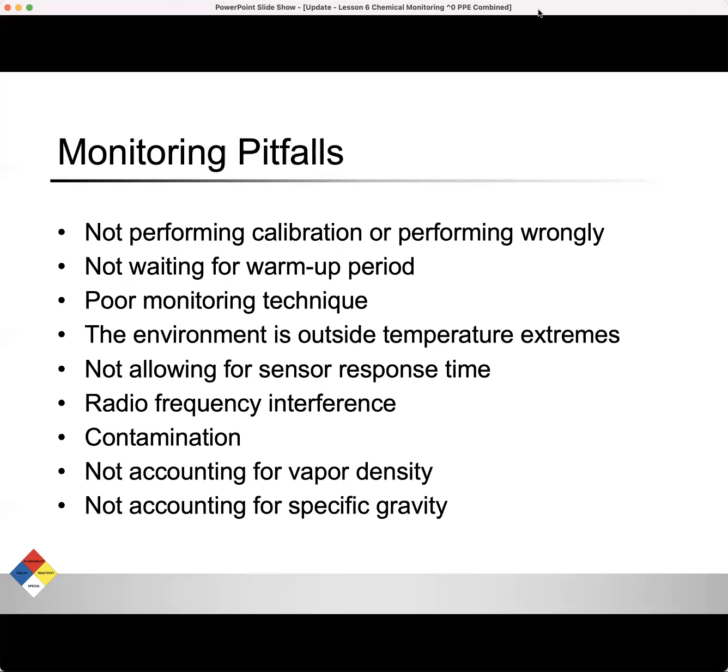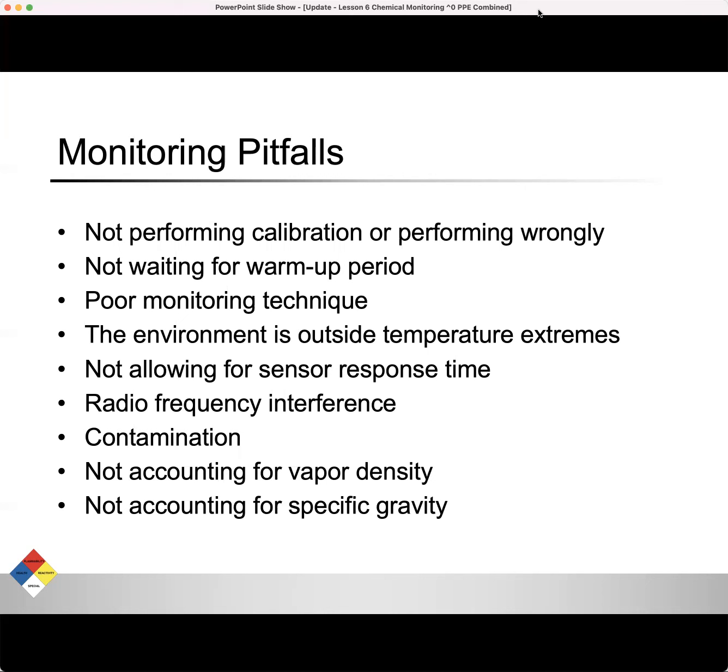All right, so when you're using monitors, what are some pitfalls that we could encounter? Not performing calibration or performing calibration wrongly. Not waiting for a warm-up period, just rushing in there and your sensors aren't ready. You're going to get wrong readings. Poor monitoring technique: moving too fast and not holding it for a time period for it to intake the air and get a good reading. Your environment is outside the temperature extremes, not allowing for sensor response time, that's moving it too quickly. Radio frequency interference, if the monitor is contaminated,